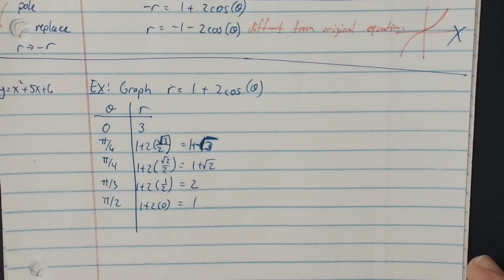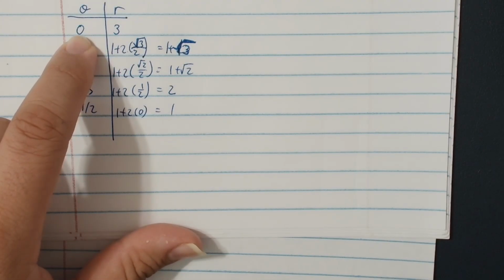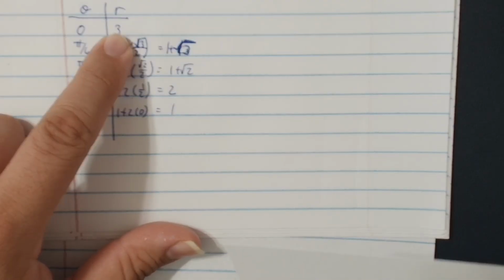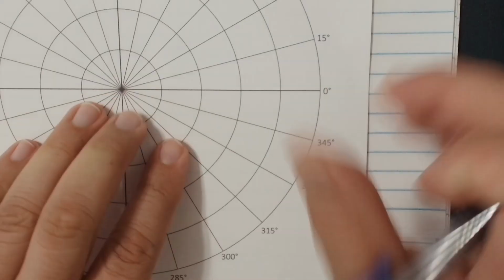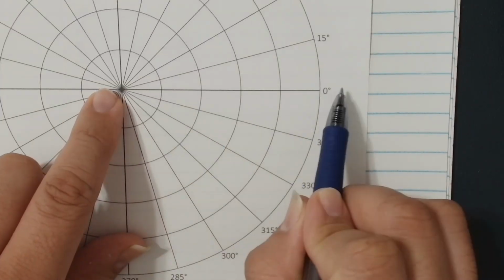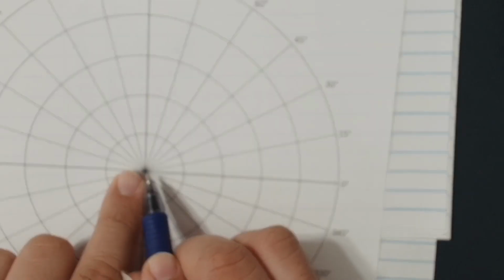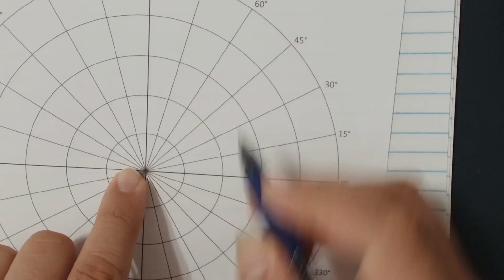All right, so let me plot those. I'm going to come over here and grab a polar graphing paper. So if my angle theta is equal to 0, my radius r will be 3. So on my paper, I'm going to go in the direction of the angle 0, and I'm going to go forward 3 steps. 1, 2, 3. Right about